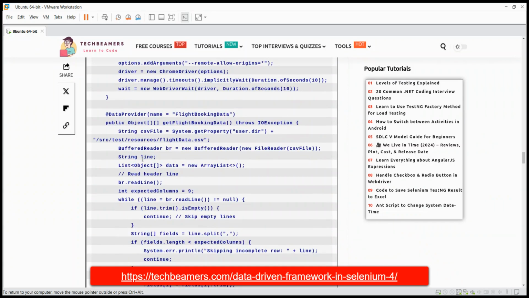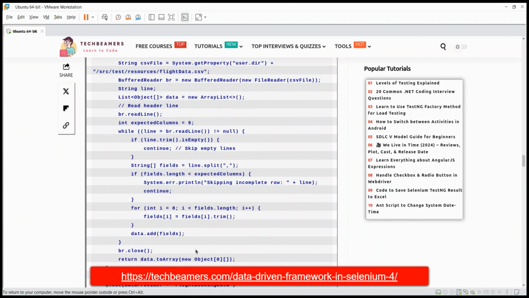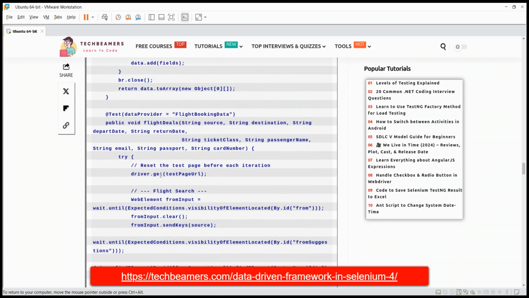The next thing is again fetching data from the CSV file and loading the data into an object array. Last thing, you will write a testing function which you will associate with this data provider, and here the actual